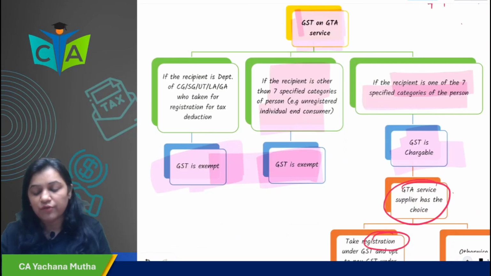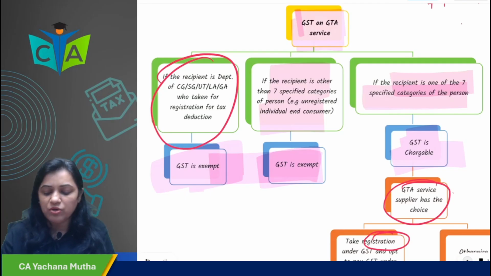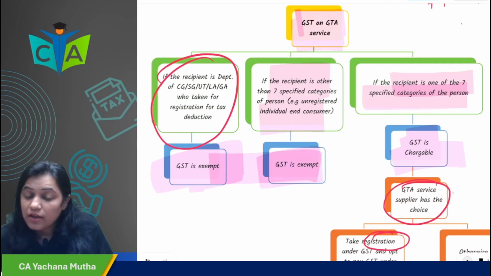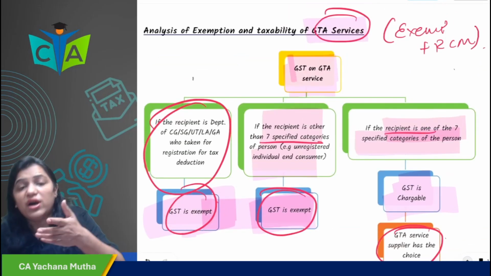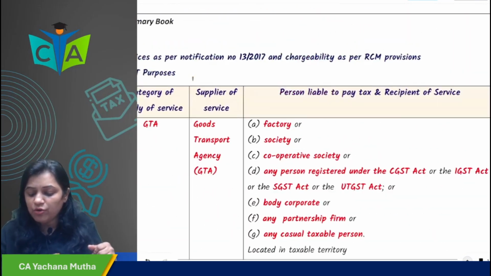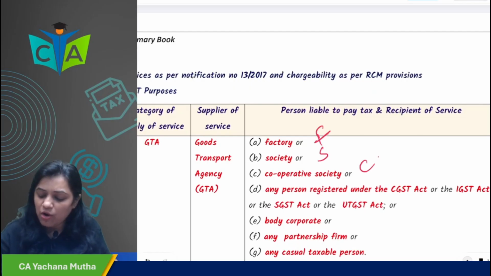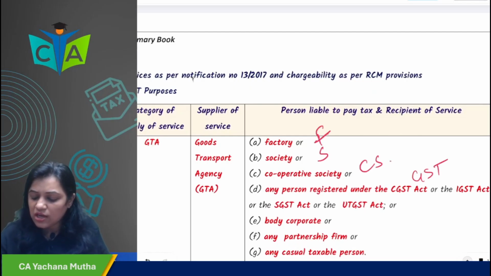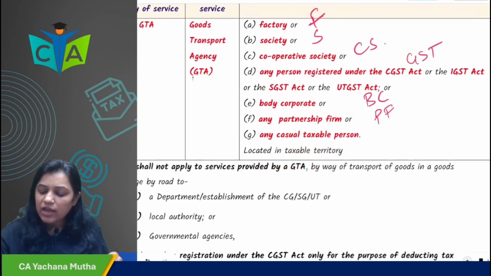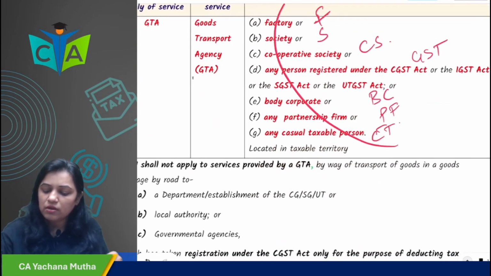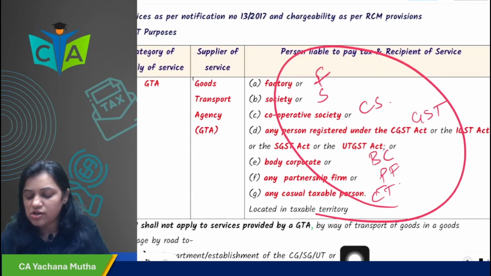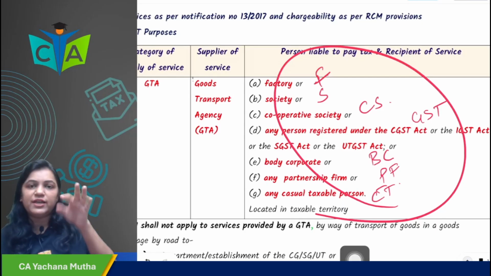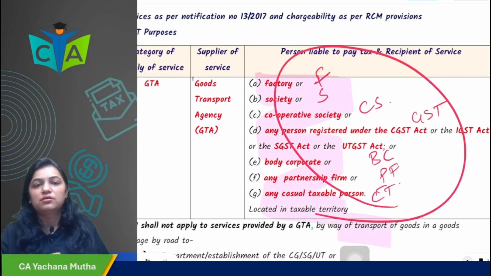In the case of GTA service, if the recipient is a Department of Central Government, State Government, Union Territory, or Local Authority who has taken registration only for tax deduction purpose, GST is exempt. Other than the 7 specified categories of person, GST is exempt. Now who are the 7 specified categories of person? You remember what we have seen in the class? Factory, society, cooperative society, person registered under GST, body corporate, partnership firm, casual taxable person. If you are any of these,